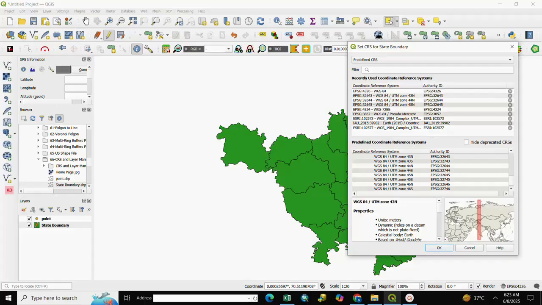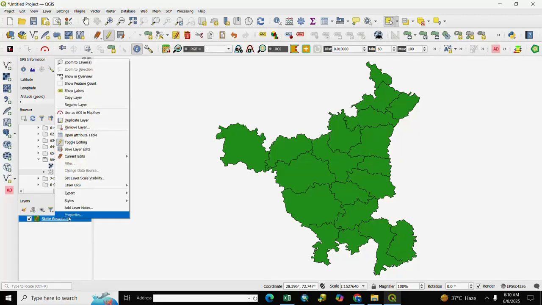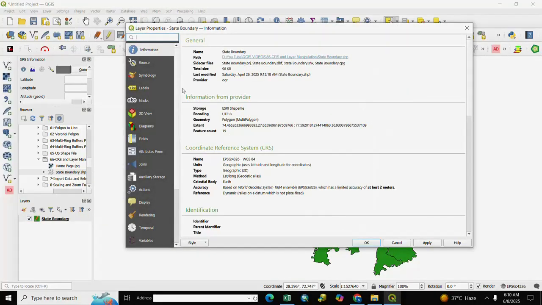So let's start. Here is our shape file, and we see here its projection. For projection, we right click, go to Properties, and go to Information, and we see here CRS, coordinate reference system, WGS 84. Here is the coordinate system, and if you want to change it,